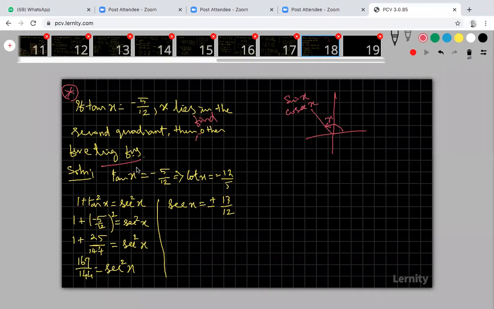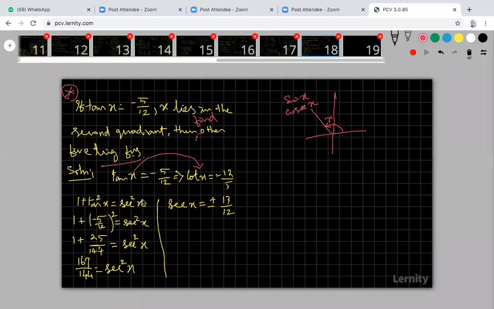So if tan x is minus 5 by 12, what about your cot x? Your cot x is the reciprocal of this tan x. Reciprocal means this 5 by 12 becomes 12 by 5, minus as it is there. If tan is negative, then automatically your cot is also negative because of the reciprocal function. If tan is positive, the reciprocal function is also positive only. So there is no change in positive and negative, but we have to change the values because of the reciprocal. And I'm going to find the 4 more trigonometric functions.